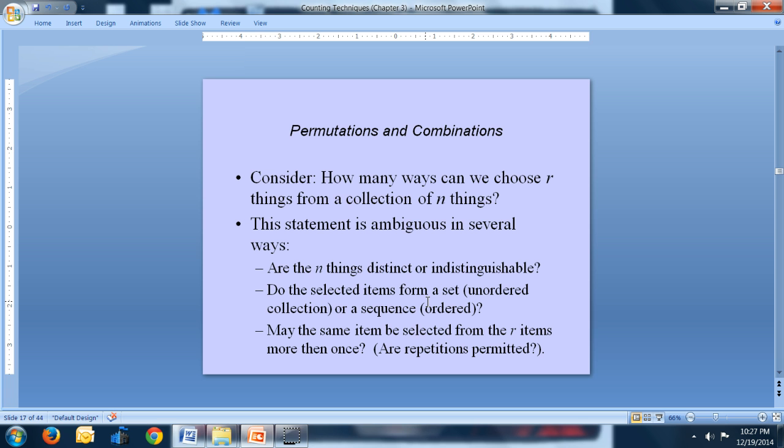All right, now we're going to talk about permutation and combination. Consider how many ways we can choose r things from a collection of n things. This statement is not very clear. Why? Because do we allow these things to be different, or do we allow repetitions? Does the order matter or doesn't it? What does that mean? For instance, let's say you're selecting a bin number that has